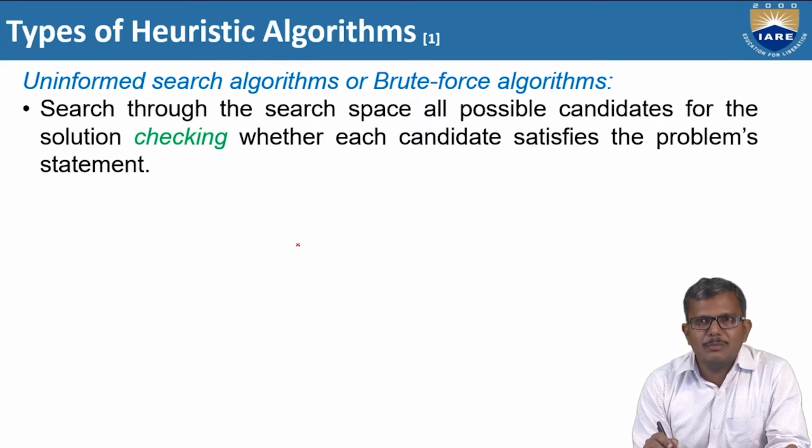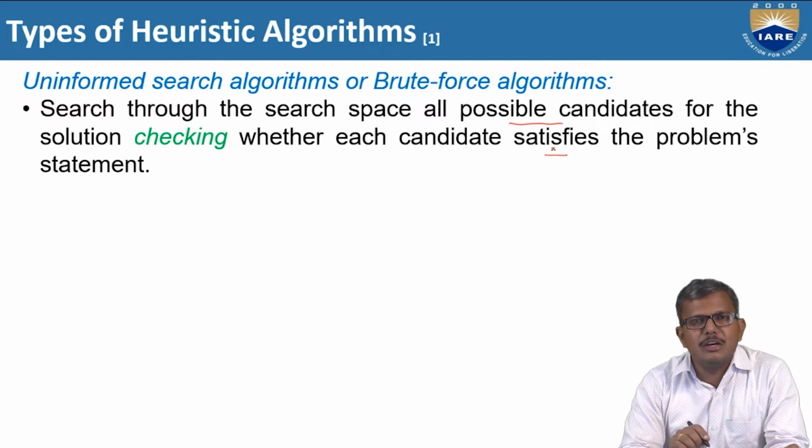So in this case, what happens is we are going to search for all the possible candidates. After identifying the possible candidates, we are going to compare them with our goal, means checking the possible states with our goal. Whenever a particular candidate matches the goal, then we can say that we have succeeded in the search process. So we can say that this is not a very systematic process when compared with the other type of